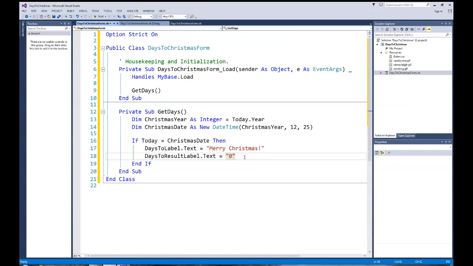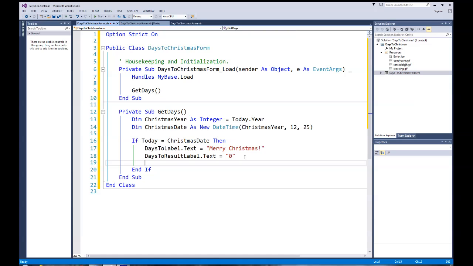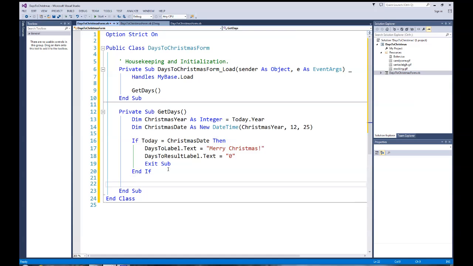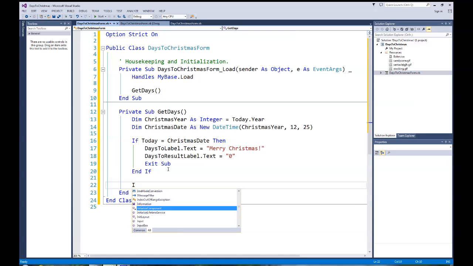Then, because we know it's Christmas Day, we don't need to process any further. What we want to do is exit our subroutine prematurely. So I hit exit sub. That takes care of if it's Christmas date is Christmas. But if it's not Christmas, then we need to do some calculations. So what we need to do is say if